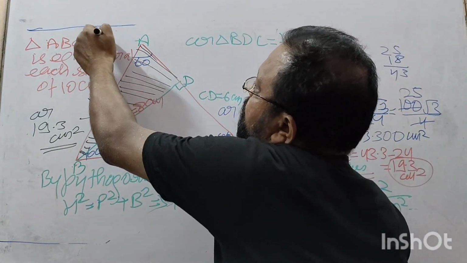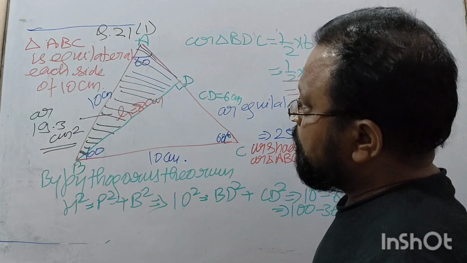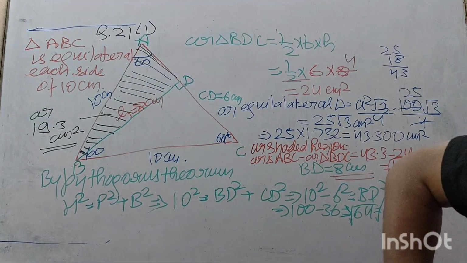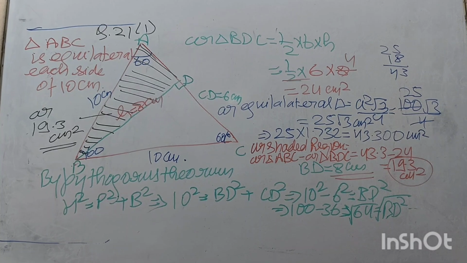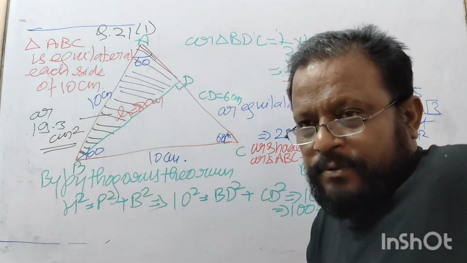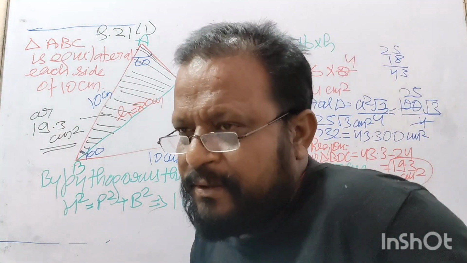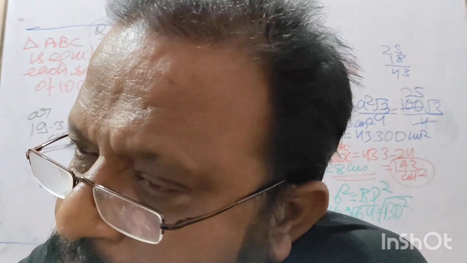What is your question number? 21? First part. First part. Okay. You get this? Okay. So what next do we have? Second part. What is the second? Leave the second, you do it on your own.